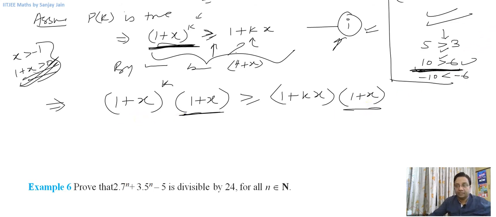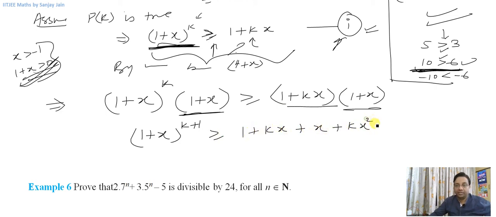Now look at this. The left hand side is 1 plus x raised to power k plus 1, and here it is greater than or equal to, let us multiply it inside, 1 plus kx plus x plus kx squared. If you notice only this portion, this is 1 plus k plus 1 x. So this is what I require. I don't need this. So how do I eliminate this? Now you know,